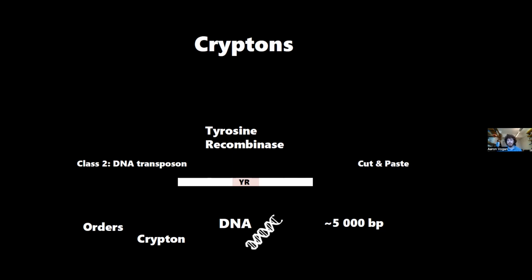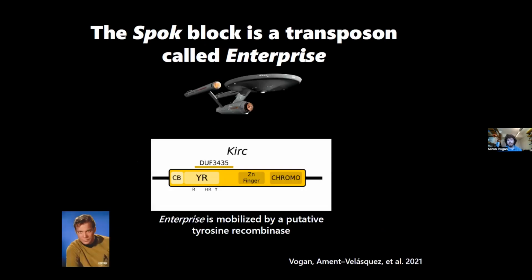They're not 250 kb. But sure enough, when we dug into this region containing our Spock genes, the Spock block as we called it, we found a putative tyrosine recombinase that we ended up naming Kirk. And so we figured out that this whole block is probably acting kind of like a krypton and transposing around the genome. So we more or less renamed it to Enterprise, this sort of giant transposon in this fungus,